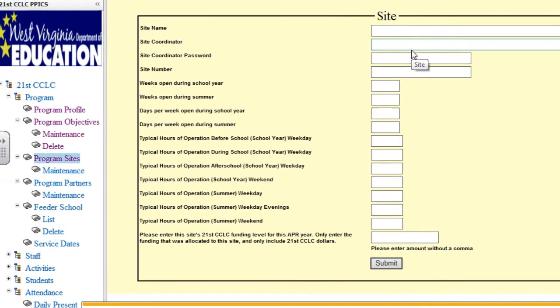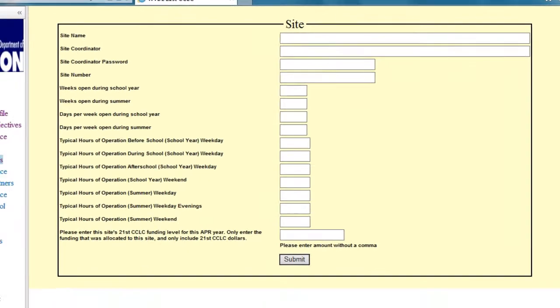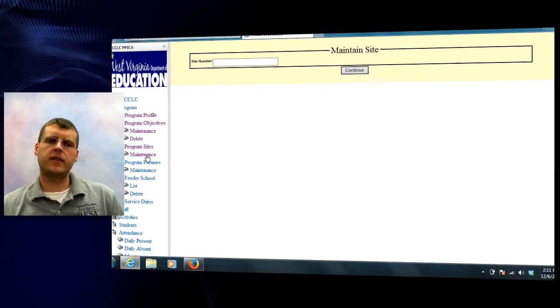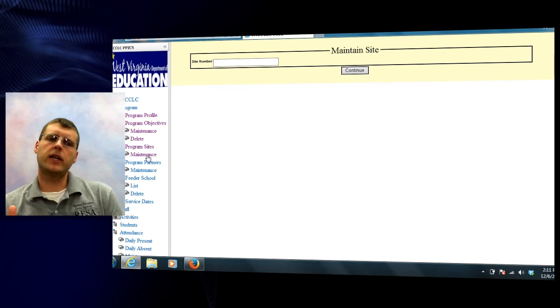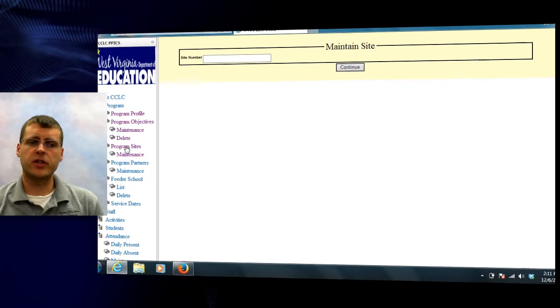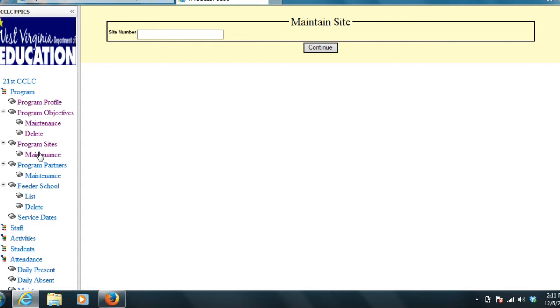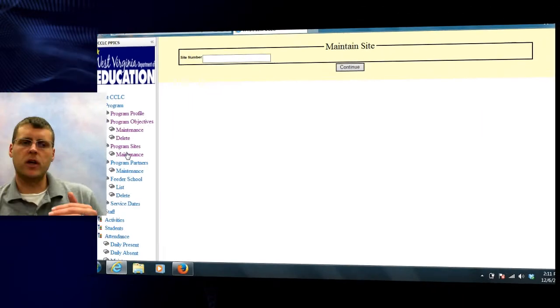Program site, again, very straightforward. Just fill in the data fields, site name, site coordinator, right on down the line. Key in this information. When you're done with it, right here at the bottom, hit the submit button. Just like before on the maintenance tab, what we're maintaining at this point is the program site. So if something needs to be changed, let's say you're going to change the number of weeks that you're open during the summer, or the number of hours, you just go into maintenance, key in the site number,